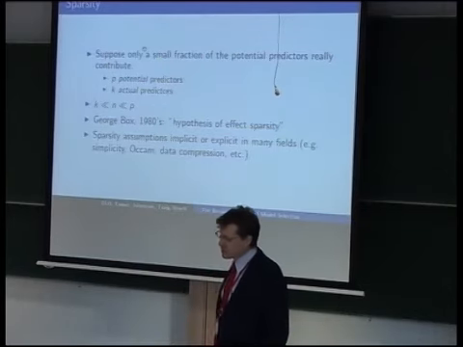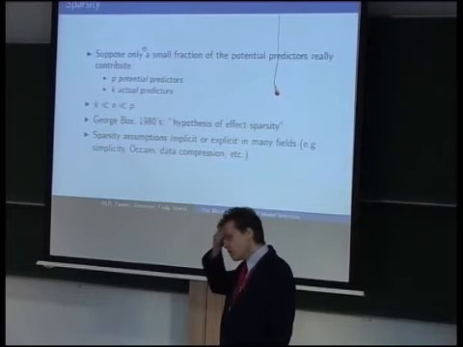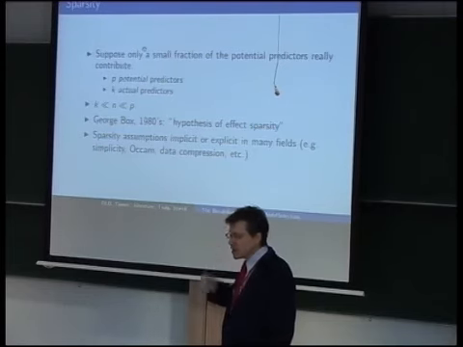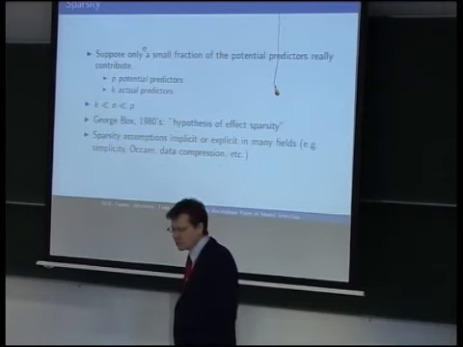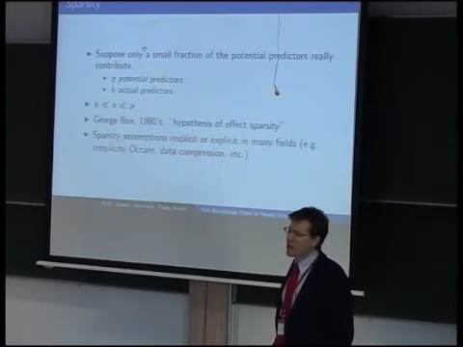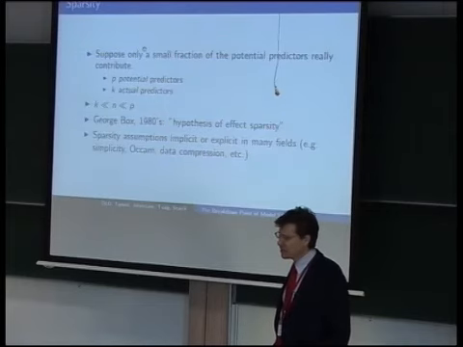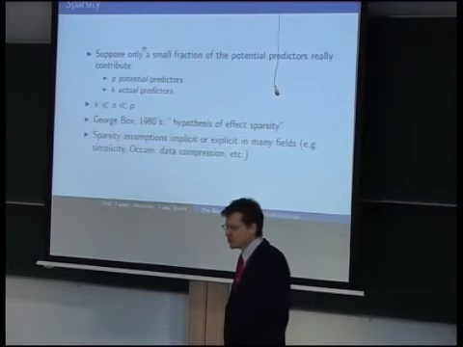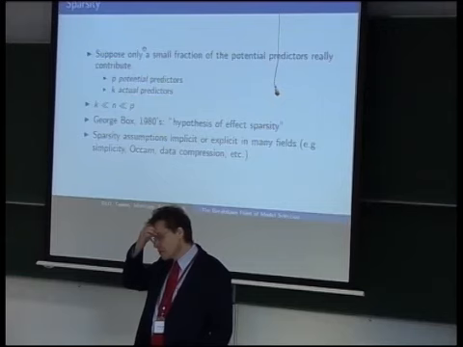George Box, sometime in the 1980s, laid out the hypothesis of effect sparsity in factorial experiments, where the number of potential predictors is the number of raw predictor variables plus the complete set of all their interactions, which is polynomials involving all of those things. It was clear at the time that you just would never get enough data to figure out everything conceivable. But maybe some of the higher order interactions were non-zero and most of the others were zero. So then you had the hypothesis of effect sparsity in those settings. Anyway, the sparsity assumption is implicit or explicit in many fields.